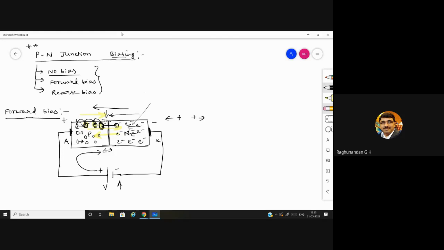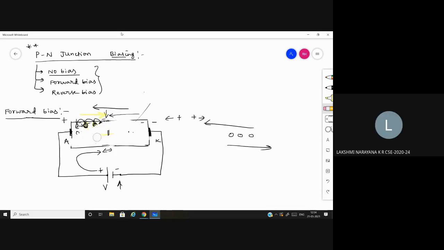You can make this into a video and look at it. It looks like the holes are moving this side and electrons are moving this side, but only electrons are moving. Because of the shifting of the electrons, we can observe that the holes get concentrated across the cathode. So after some time, what happens across the N layer? It will be filled with holes.